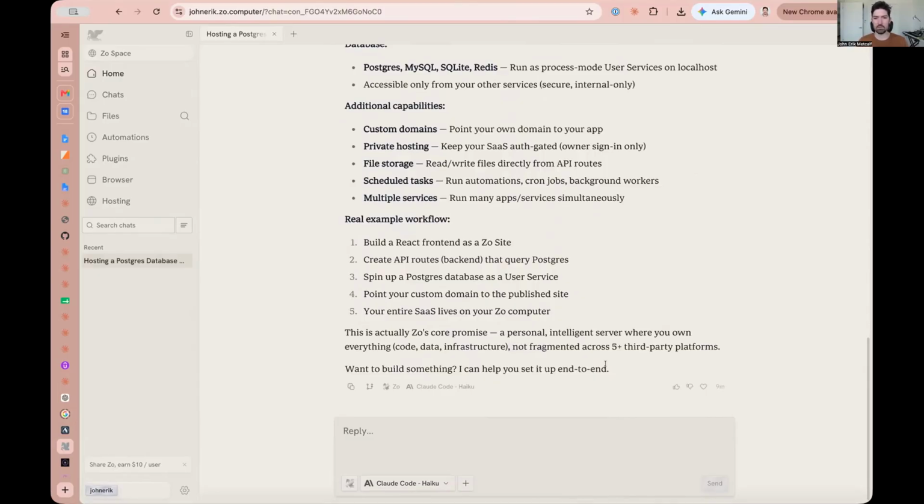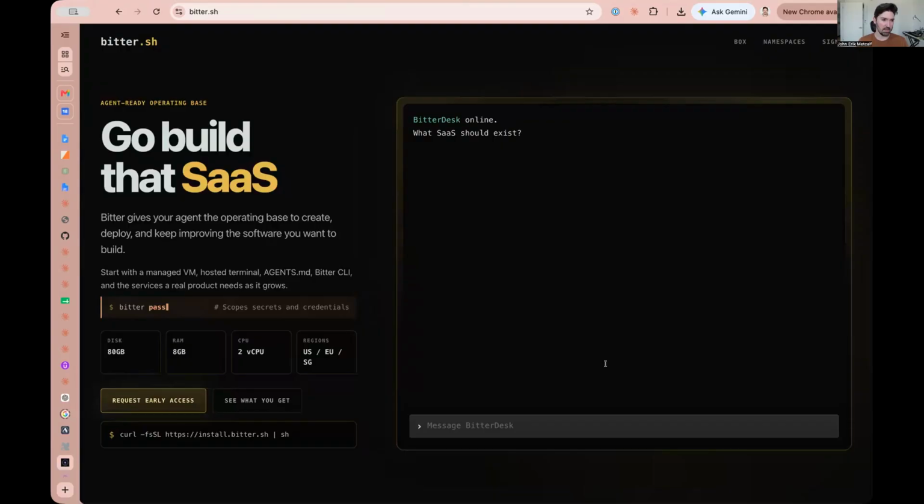Love to hear your feedback on the kind of differences, because I keep describing bitter.sh as a prosumer version of Lovable. Or you could say it's an augment to Anthropic or Codex that helps you get started more easily because it has lots of things built in.